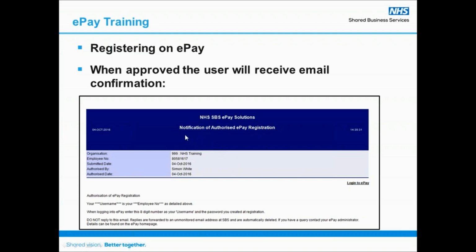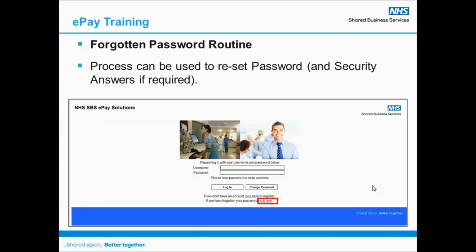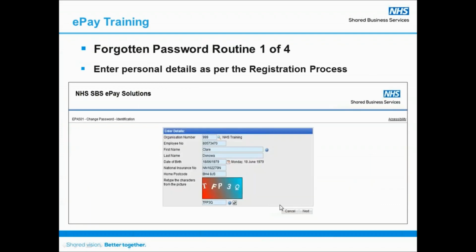You'll know when that's happened because you'll get an email like this one that says notification of authorized ePay registration. It will quote your employee number in the body of the email, which, like it says here, is your username. So your username is your employee number as detailed above, and there'll be a login to ePay link as well on the email. If you forget your password when you've been using the system, you can use the second link